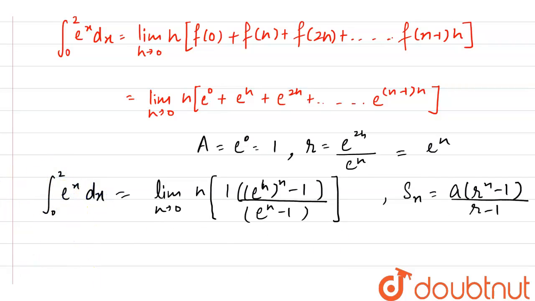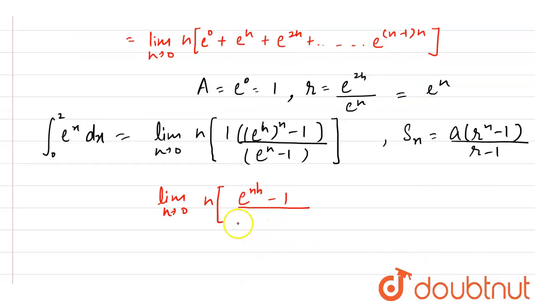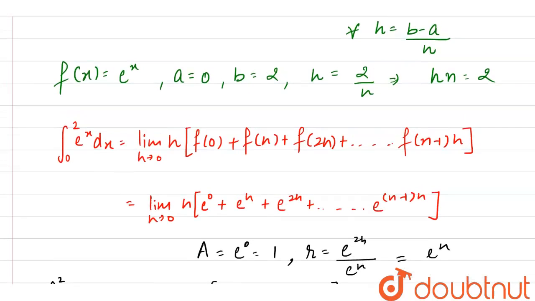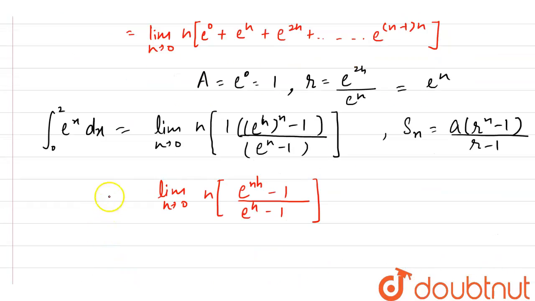Now at the LHS we have the integral from 0 to 2 of e raised to power x dx. Here n into h becomes nh, so we have the limit h tends to 0 of h times e raised to power nh minus 1 divided by e raised to power h minus 1, and as the value of n into h is 2, we can write it as